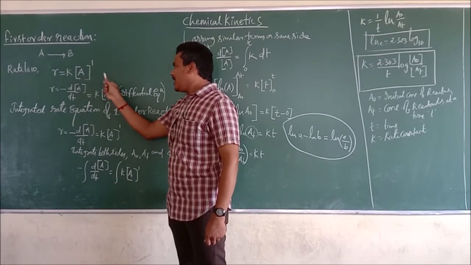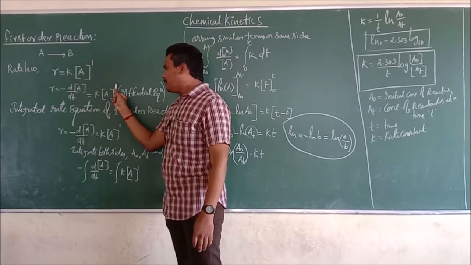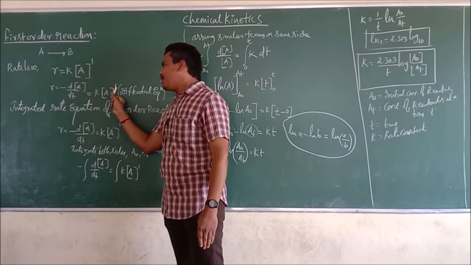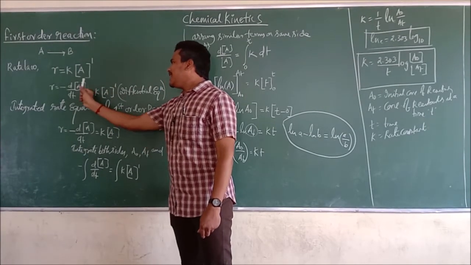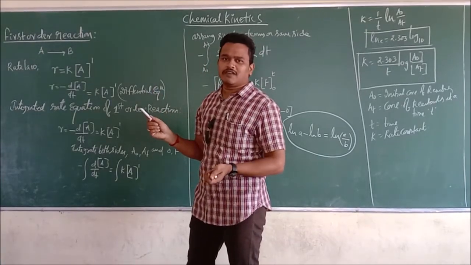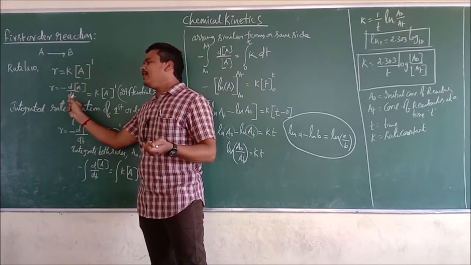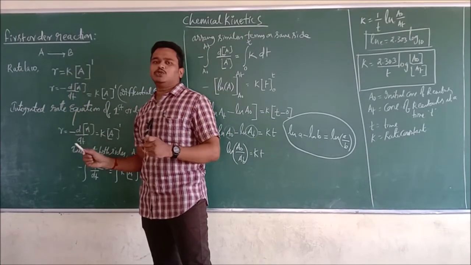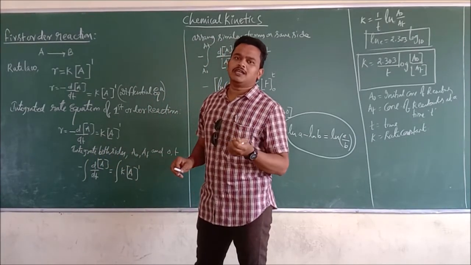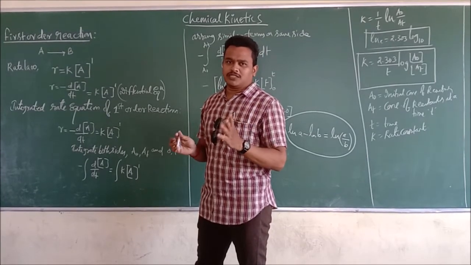Why am I writing 1 here? Because it is a first order reaction. If it is a zero order reaction, 0 will come. If it is a half order reaction, 1 by 2 will come instead of 1 here. So this is a differential equation. How can you identify whether it is a differential equation or not? In this format, d by dt, dx by dy, any such format, you can say that is a differential equation. Generally, the differential part discusses the small part in that process.